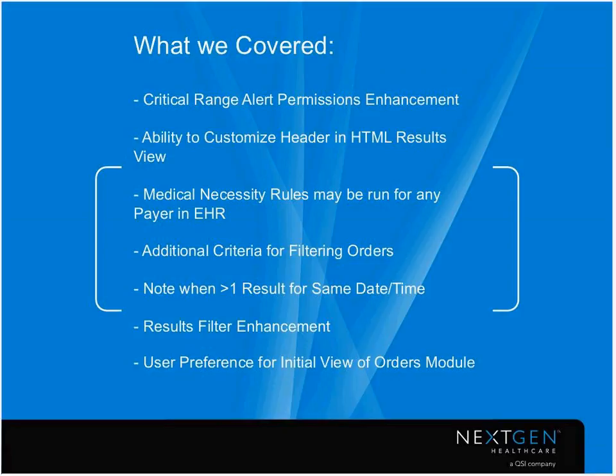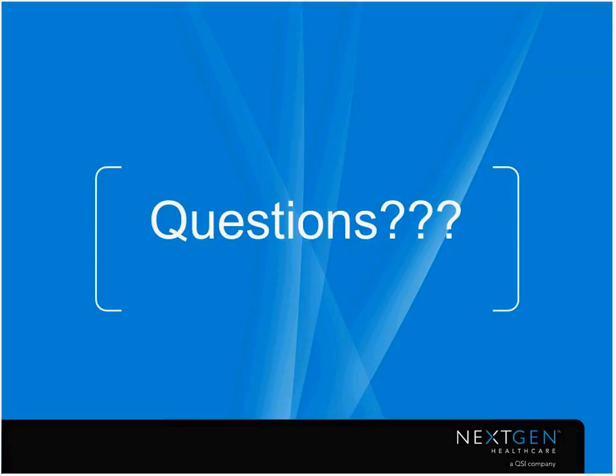Additional criteria for filtering orders, we've seen that. No and greater than one result for the same date time. Results filter enhancement, which we just reviewed. And lastly, the initial view mode. At this point, it concludes our training. I'm going to open it up